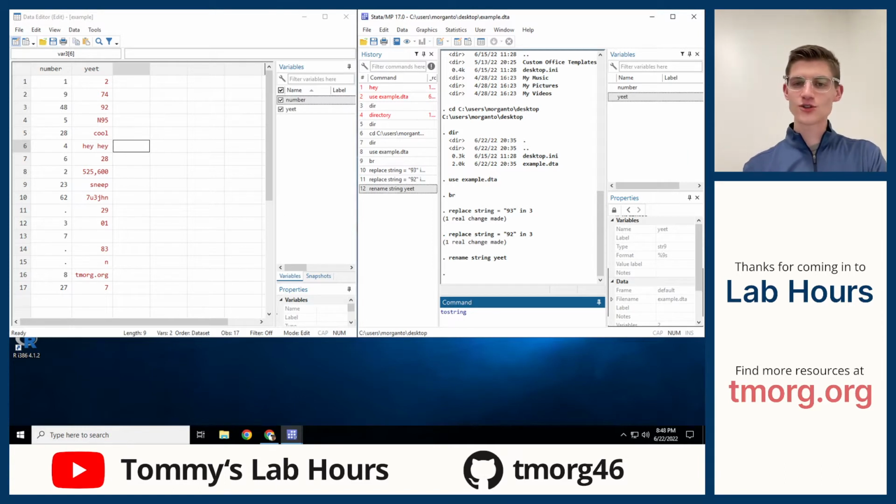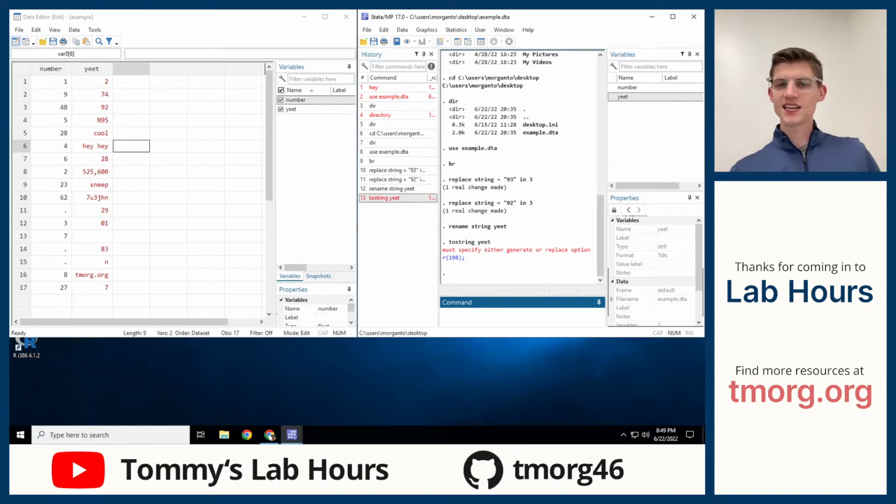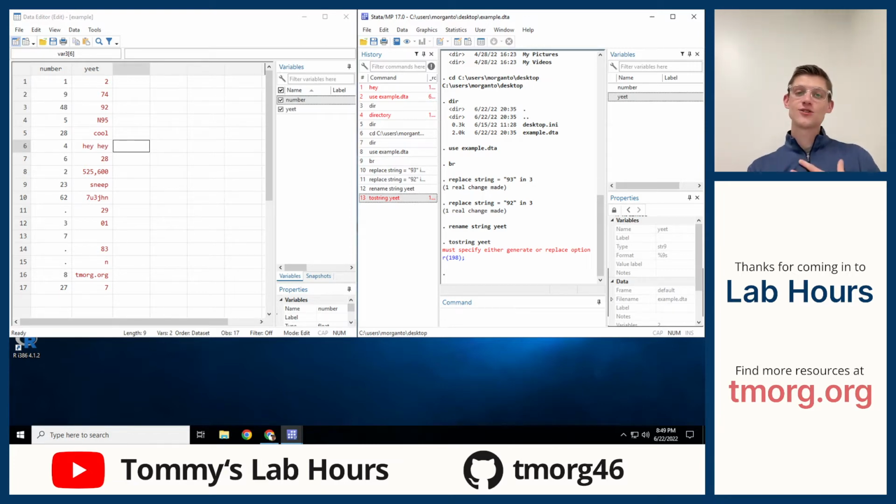So I say toString, and I want to use this toString command that I heard about from somewhere, but I actually don't know how to do it. So maybe I'll just say, hey Stata, why don't you just turn the variable yeet to a string, toString yeet, go. And it says must specify either generate or replace option, and I say, what in the world could that possibly mean? And this is where we get to introduce this third